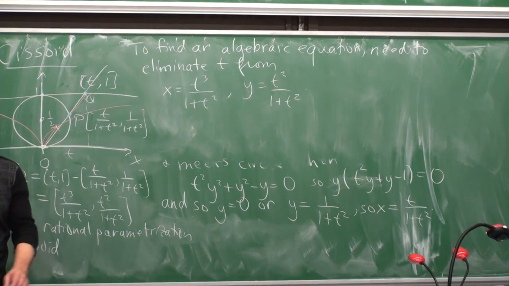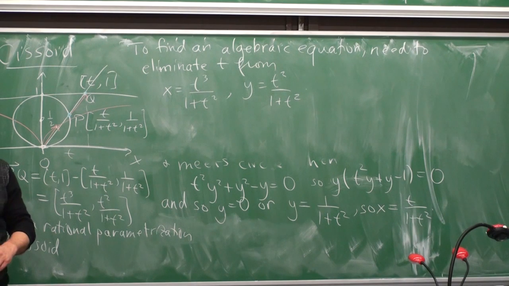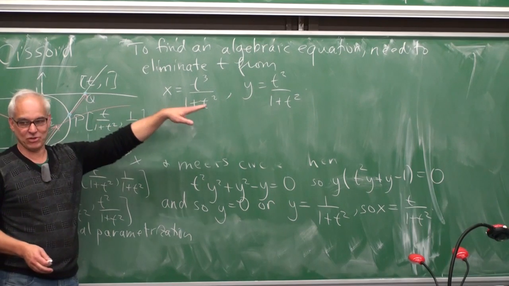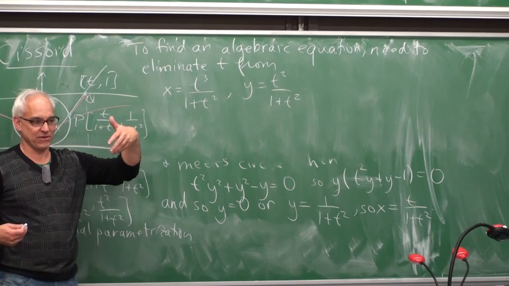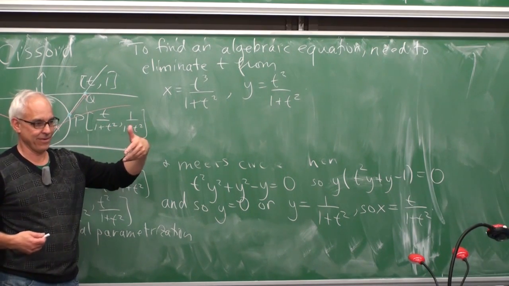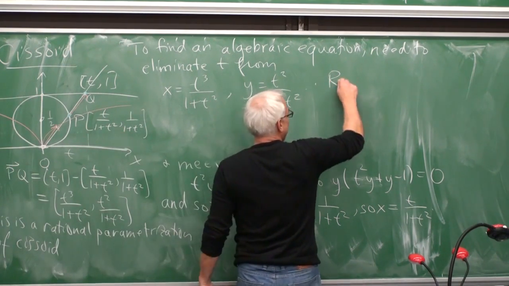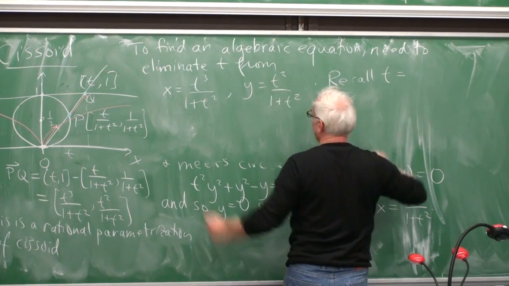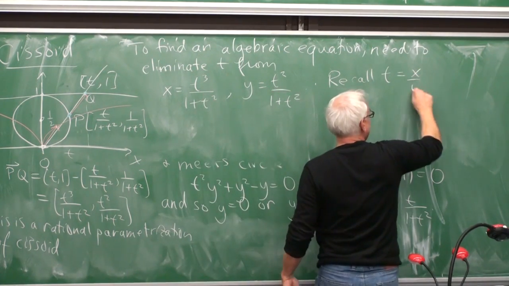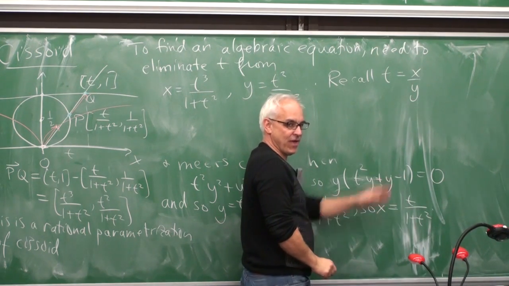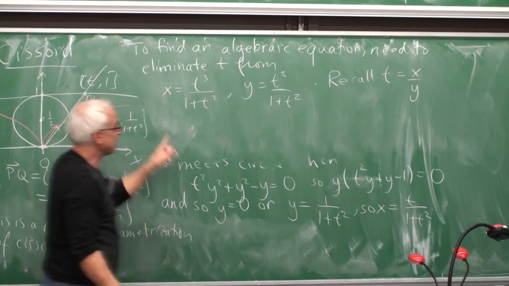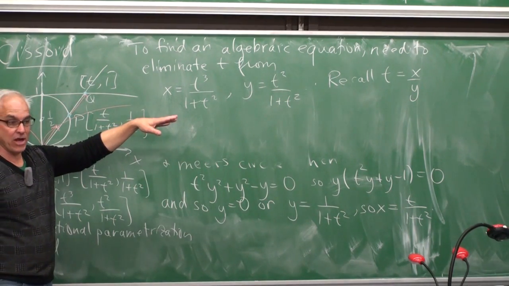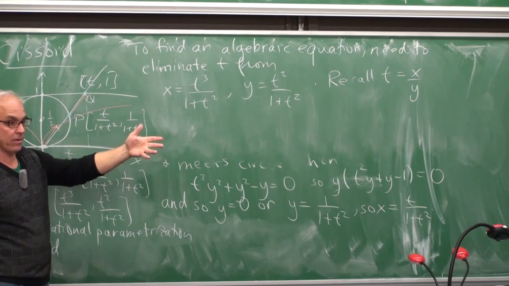Now this kind of problem is sometimes quite tricky. In this case, it's pretty easy because we actually know that t can be directly expressed in terms of x and y, because that's how we set things up. We recall that t was actually just the ratio of x and y. So that's already t in terms of x and y, which means we can substitute it into either one of these equations and get an equation that doesn't have any t's anymore.